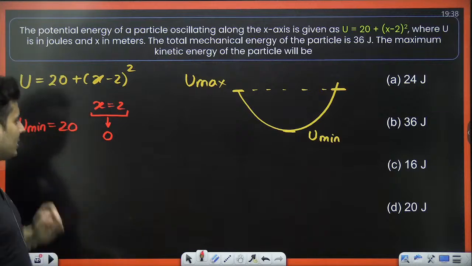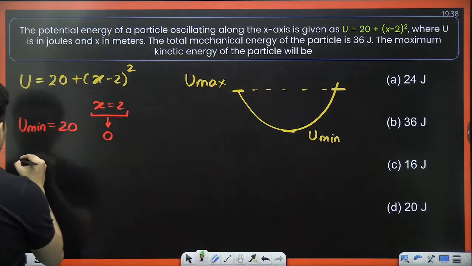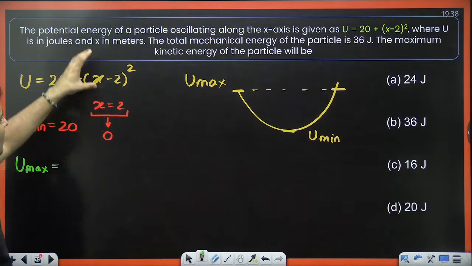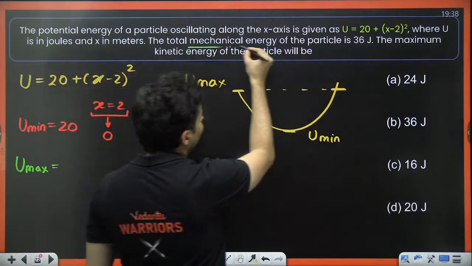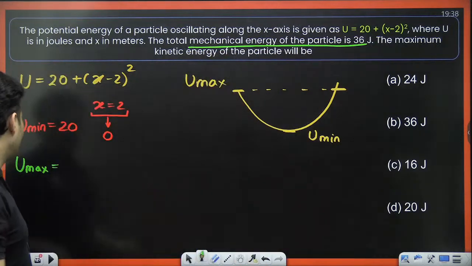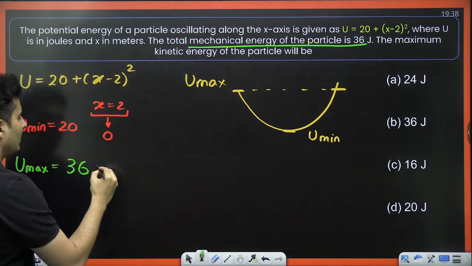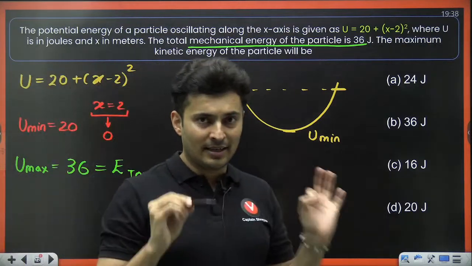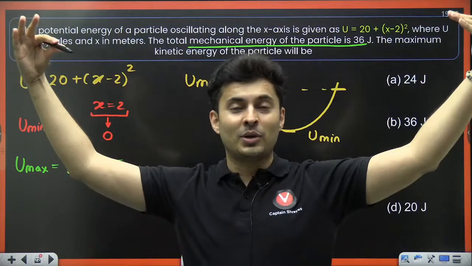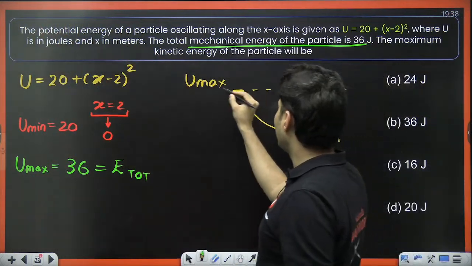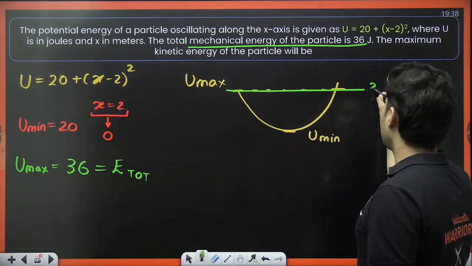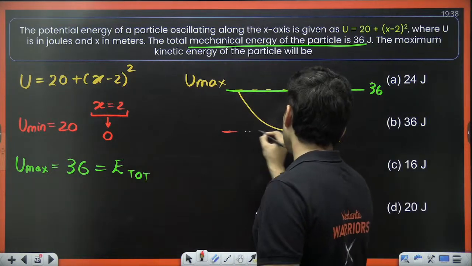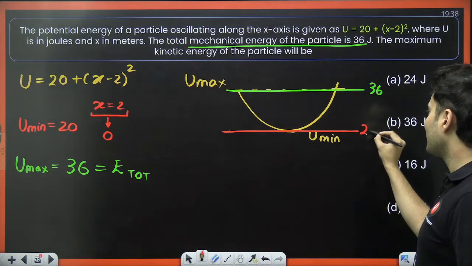Oh, perfect. Now, also think, what will be the maximum value of the potential energy? I'm like, sir, it can be anything. No, it can't exceed the mechanical energy no matter what. The maximum value can't exceed the total energy. It has to be at some point the total energy. It can't exceed more than that. Oh, so the maximum is 36. The minimum is how much? It is 20.